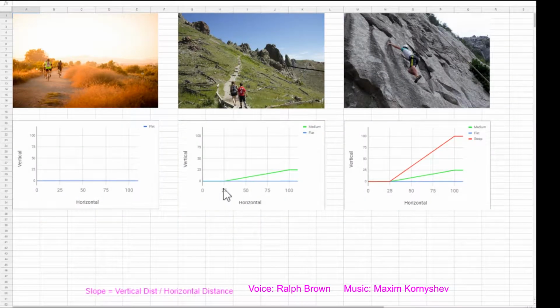We've been talking about slope as the vertical distance divided by the horizontal distance. And the examples that we started with are the idea of a flat road, which has zero slope, a hillside, which has a moderate slope, and then a very steep hill, which has a very steep slope. However,